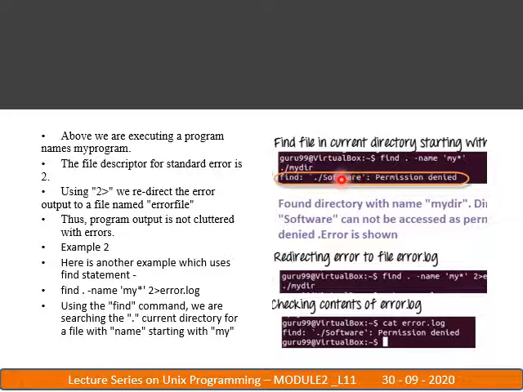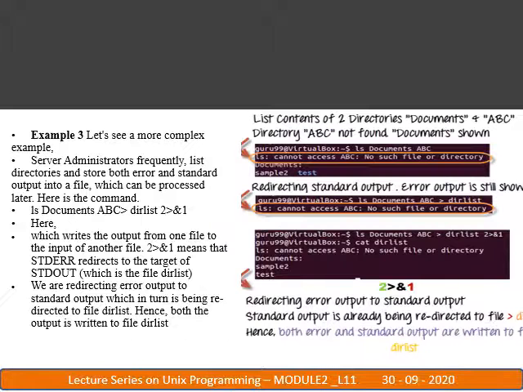Initially it was displayed on the screen, because we had not redirected anything, we just searched for a particular file pattern and it showed the error permission denied. Next we redirect to a file, error.log, and if you check error.log, it shows the error that has been stored.